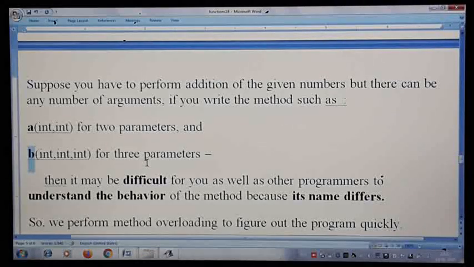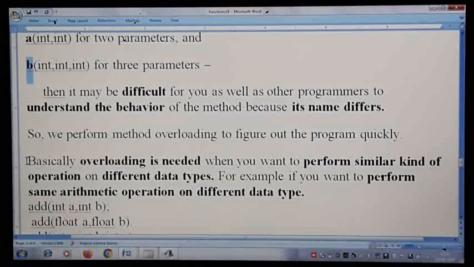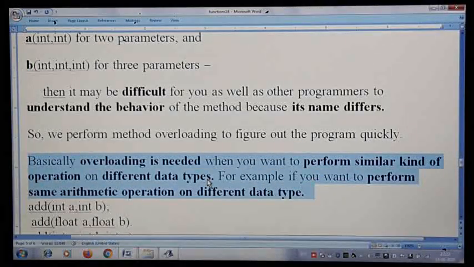So the flexibility won't be there. So when we have a similar kind of operation to perform, we try to go with the overloaded method.